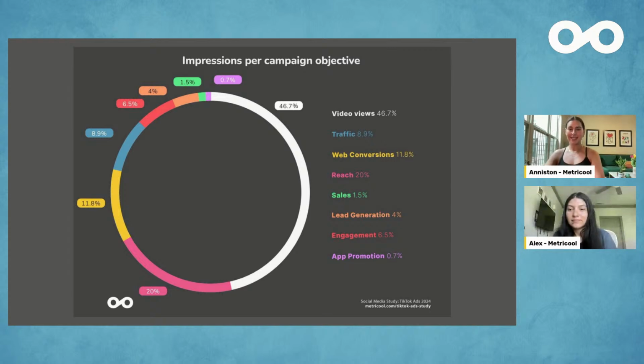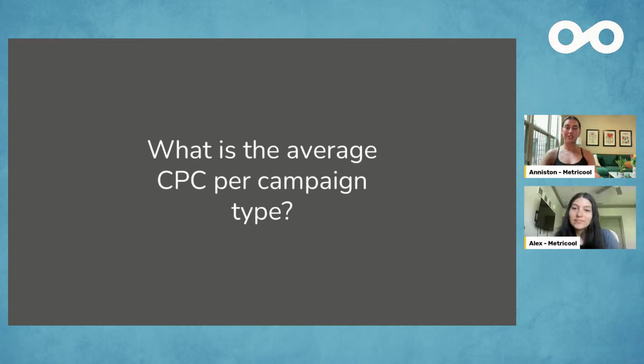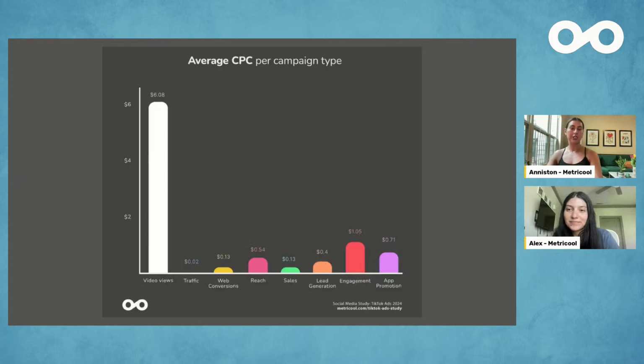And then next, looking at the average CPC per campaign. So again, this is cost per click. So basically what the advertiser is going to pay for each click on your campaign. So video views, again, stand out from the water amongst all the other campaign objectives with an average CPC